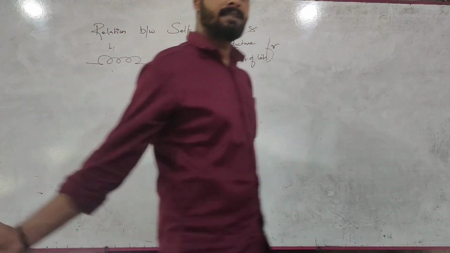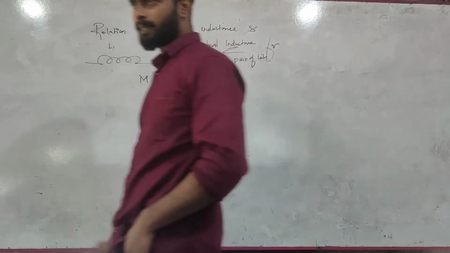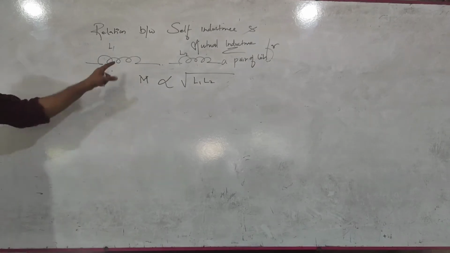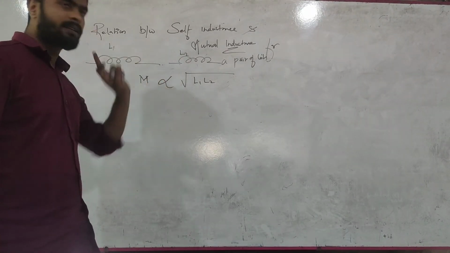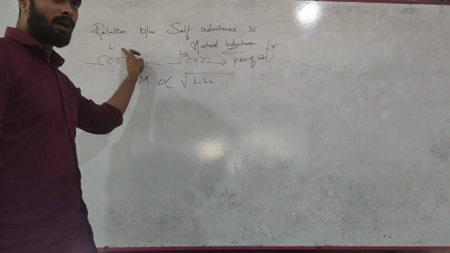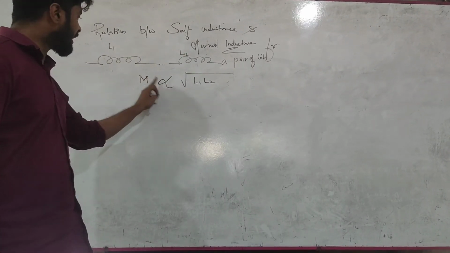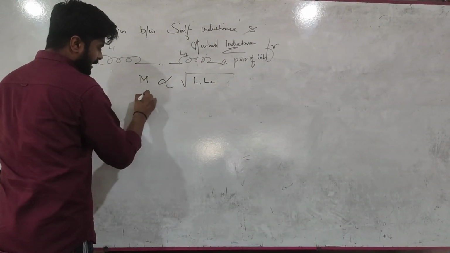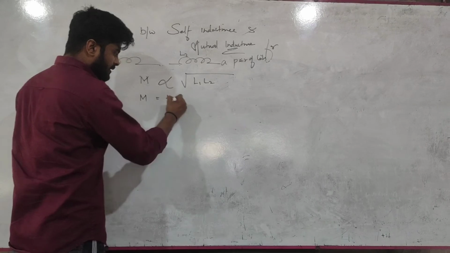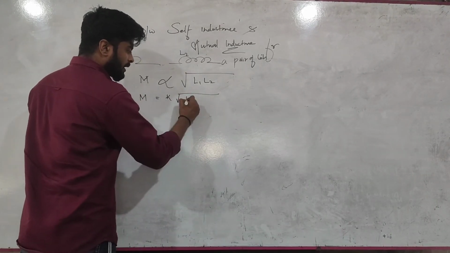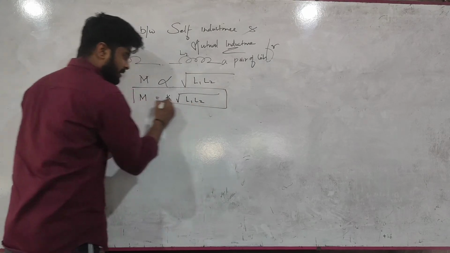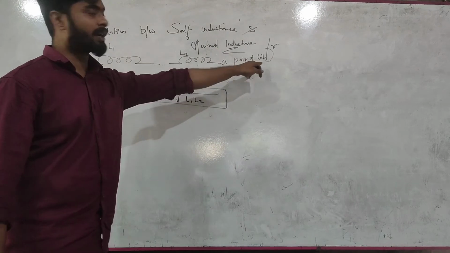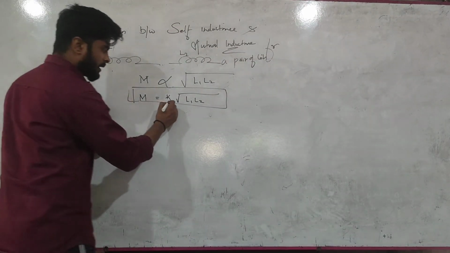If you have two coils, then there is mutual induction, right? And that mutual induction can be related to the self-inductances of both coils. The first coil has self-inductance L1, the second coil has self-inductance L2. If so, the under root of the product of L1 L2 will be directly proportional to M. What is M? Mutual inductance. So in the next step you can write M is equal to a constant K into under root L1 L2. This is the relationship between M and L, that is mutual inductance and self-inductance, for a pair of coils, where K is called the coupling constant.